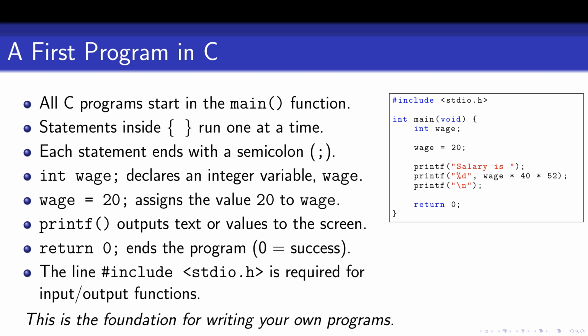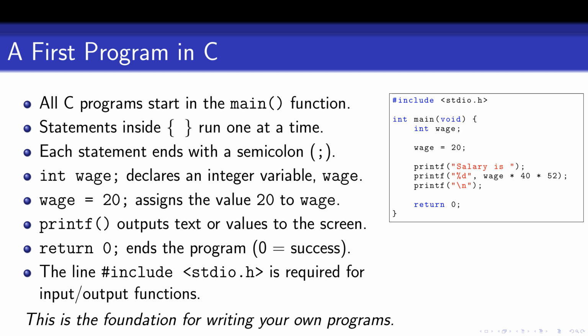Let's now look at a very simple C program and see how it works. Every C program starts execution in a function called main, and everything between the curly braces is part of the program's logic. Inside this function, we typically write one statement per line, each ending with a semicolon, much like sentences end with a period. In the example shown, we declare an integer variable called wage and assign it a value